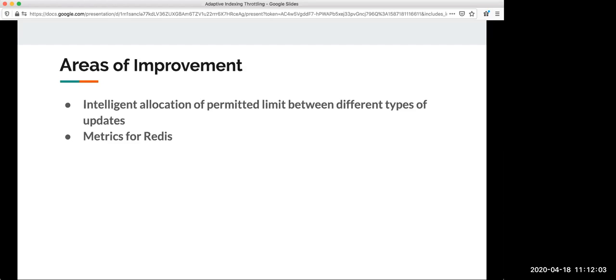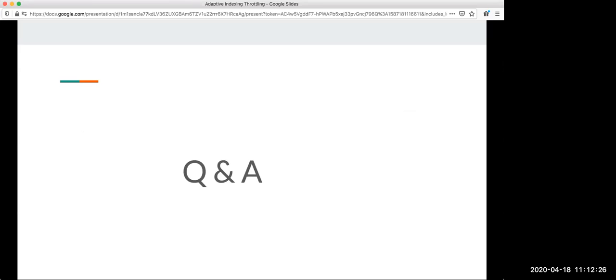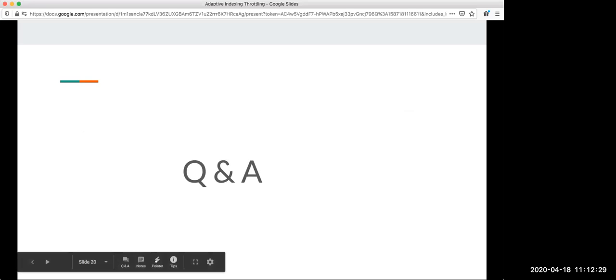So apart from that, we have deployed it to production for Myntra, and it has been doing well for at least one year, and it has seen a lot of sales, and we didn't have to do any manual scheduling for different teams. We didn't have to worry about that. If we get heavy indexing updates, our read will suffer. So all those things this is able to handle. So I think that's it from my side, and I'll open it up for questions.